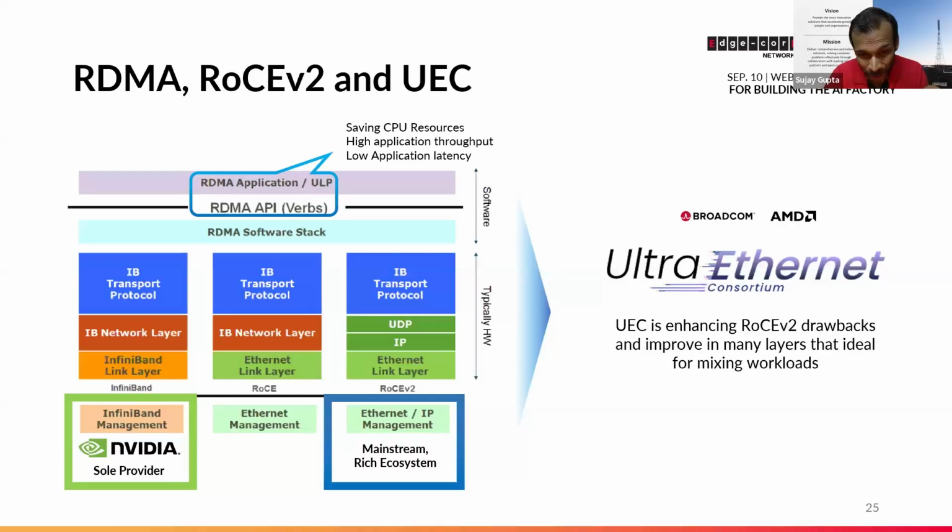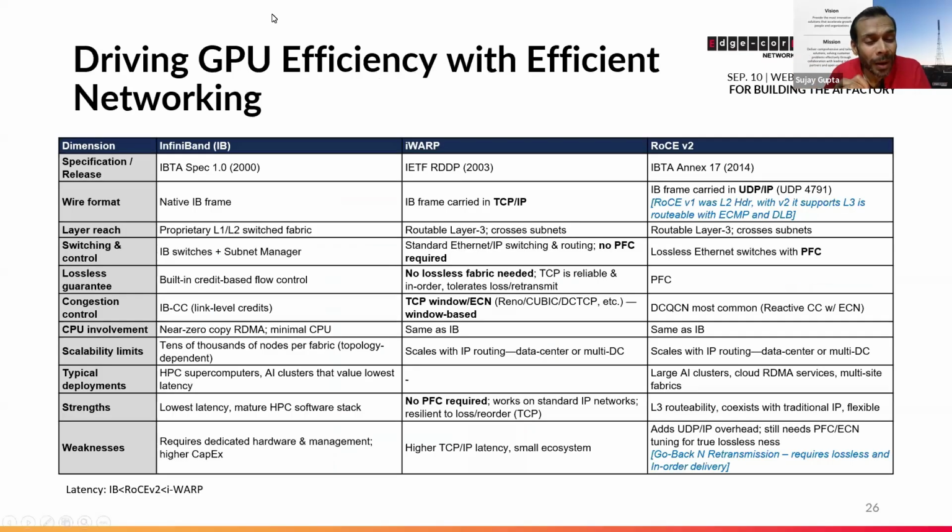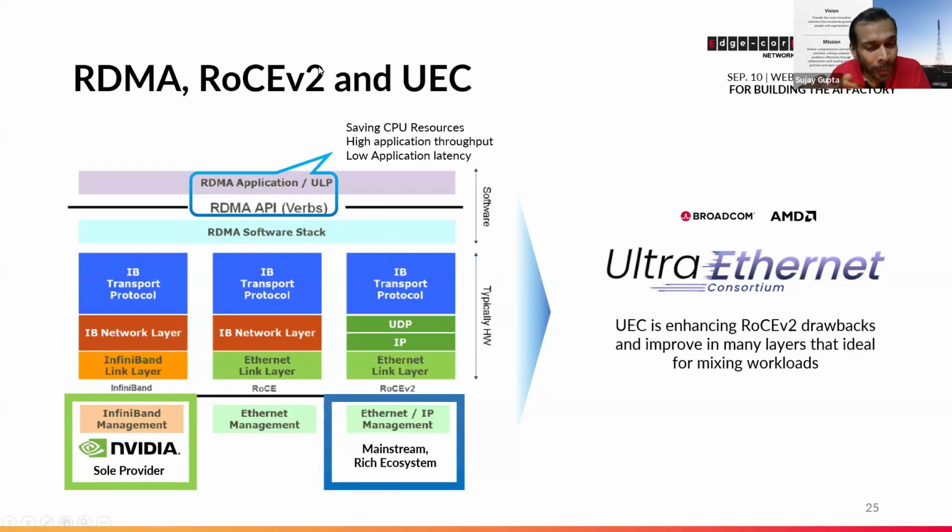But that's what is in use right now, and that is fundamentally used very much, other than the InfiniBand world, by all open networking systems. And that is changing to a newer technology we will talk about a little bit later, called Ultra Ethernet. But then if we go to the next slide,